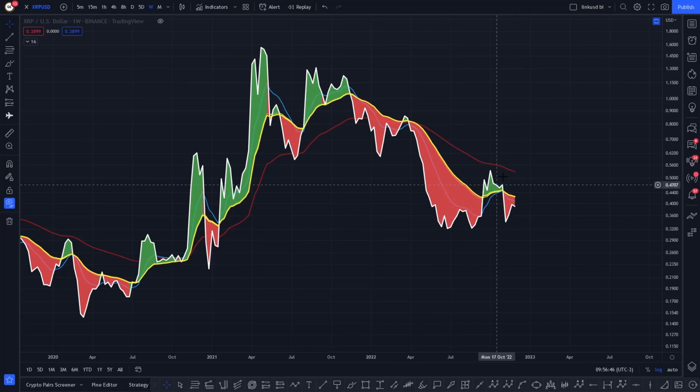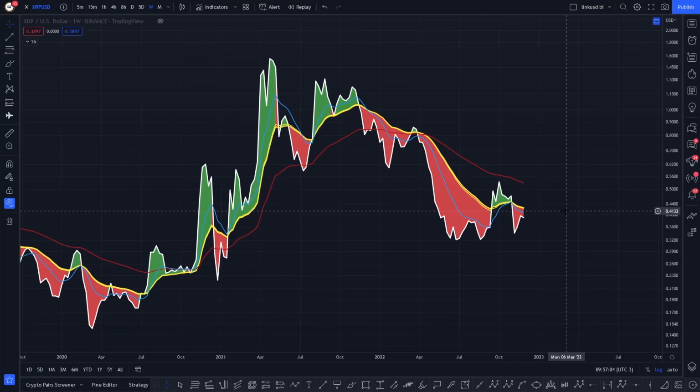So one thing going forward, we just need to see XRP take out that level of resistance around about 55 cents, take it out, fall back to support. It's a confirmation statement. You're flipping the switch. You're starting to come back upstairs. So primarily going forward, we need to see this low held. We need to see XRP get back above this 21 week EMA